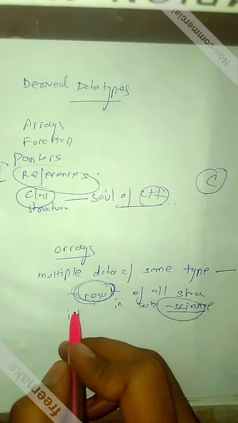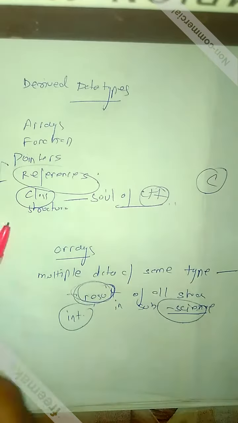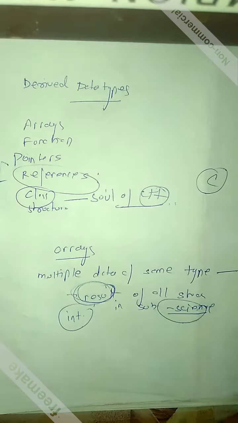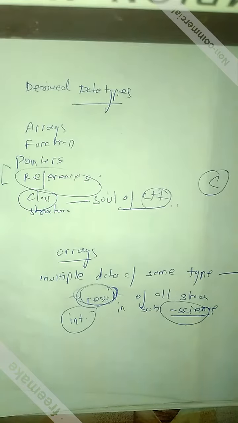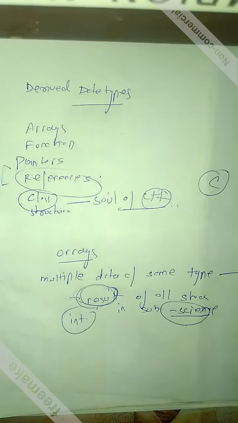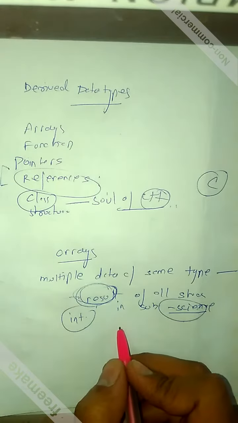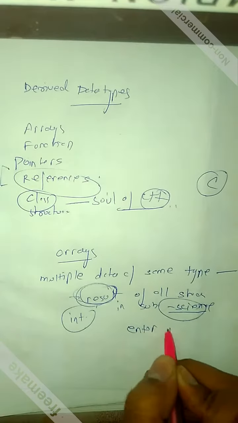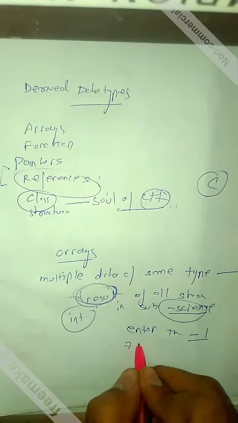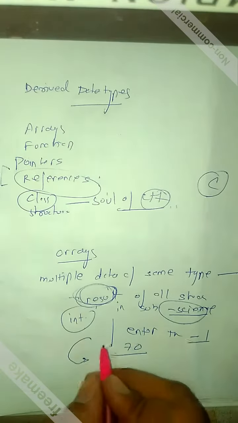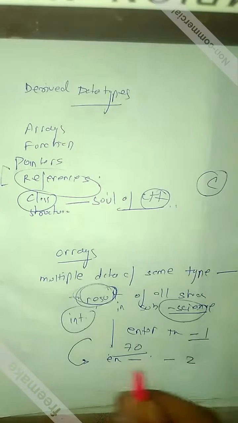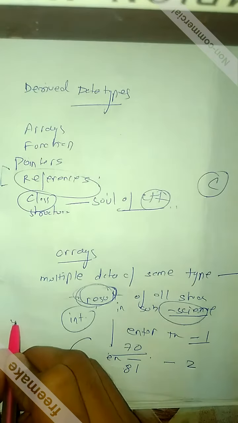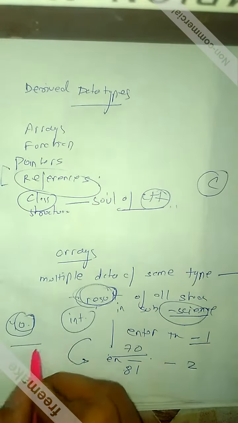The result value is an integer, and we don't want to create the same thing again and again. For example, I want to store the result of a class in a program. I write a program, and the computer asks to enter the marks of student 1. I type 70. Then I create a new program which asks to enter the marks of student 2. I say 81, and so on. If the strength of the class is 40, there will be 40 records created.